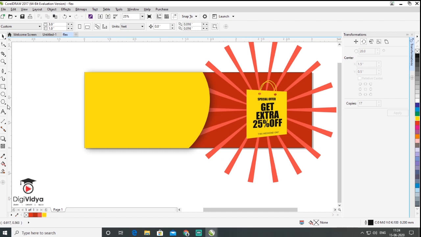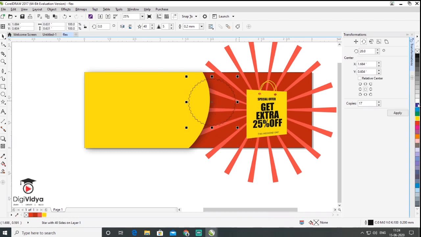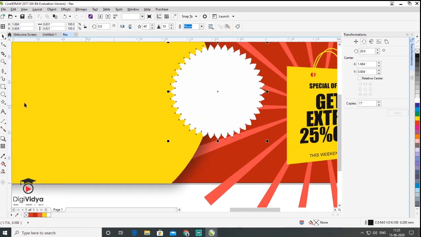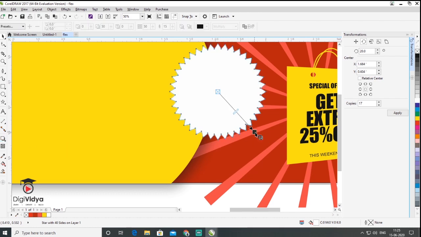After that I want to make a star, so I select the star tool, and I need 32 stars. I need 40 sides and 5, and press Ctrl, so you can make a proportionate size. Then I select here and fill white color in it, and outline is 0. Then I want to apply a drop shadow. So here it goes with the drop shadow. I just drag this shadow.